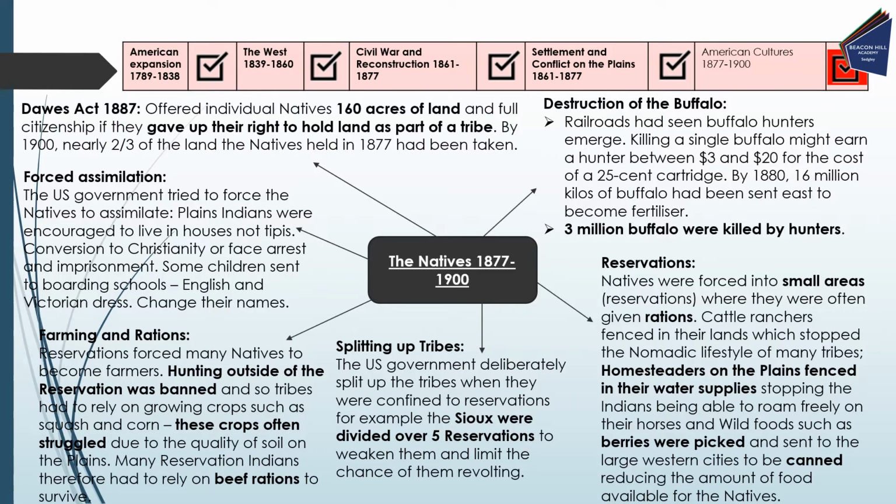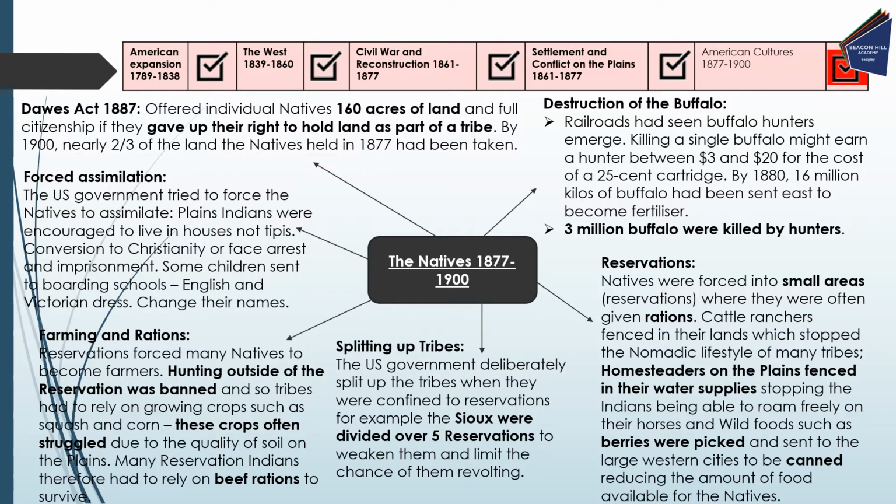We also saw the Dawes Act in 1887, which offered individual natives 160 acres of land and full citizenship to the United States if they gave up their right to hold land as part of a tribe. Now, as much as this might sound quite positive, the natives held much more land than this collectively, so this wasn't as positive perhaps as it sounds. And by 1900, nearly 2/3 of the land that the natives had held in 1877 had been taken. So we can see huge amounts of land being taken by the US government by the end of our time